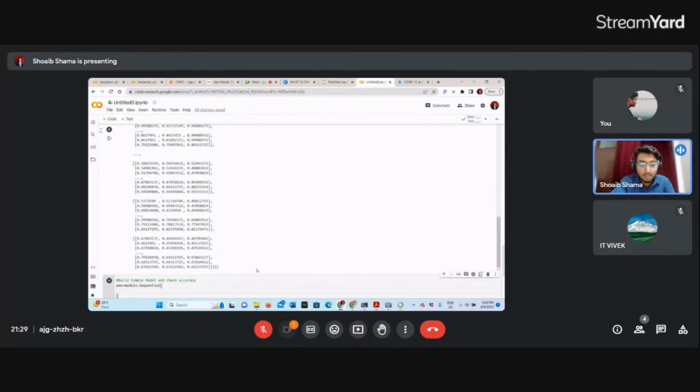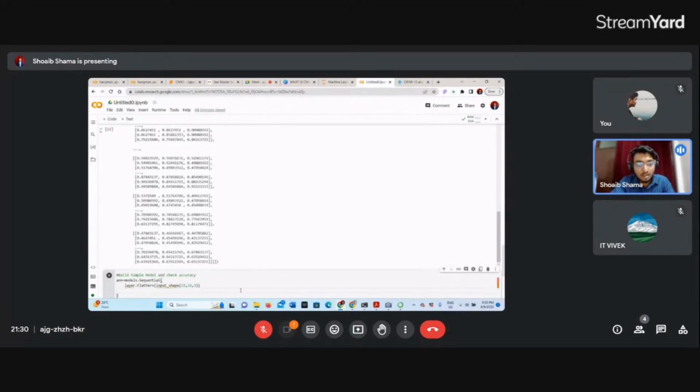In that sequential model, I will have layers, flatten layer, input shape. We need to give the input shape, which was our 32 by 32 by 3, with the channel being 3. Yes. Now let me add dense layers. Dense layer, let me put 3000, and activation function.